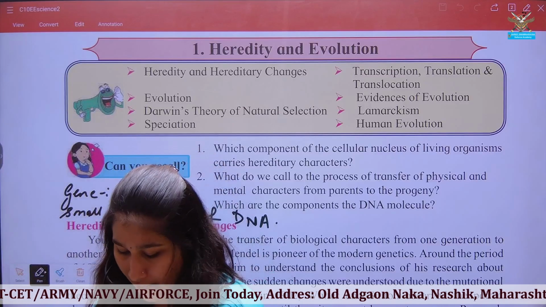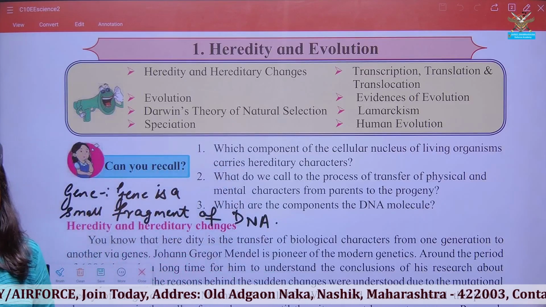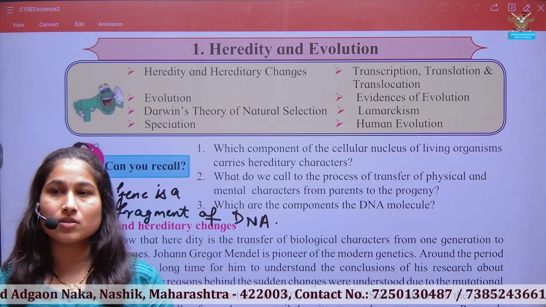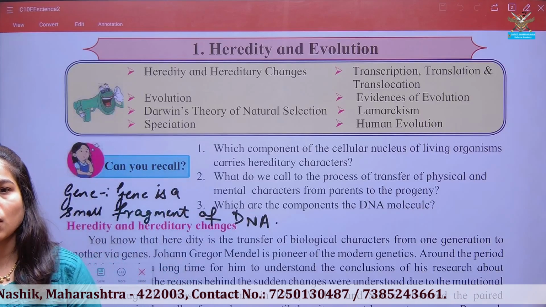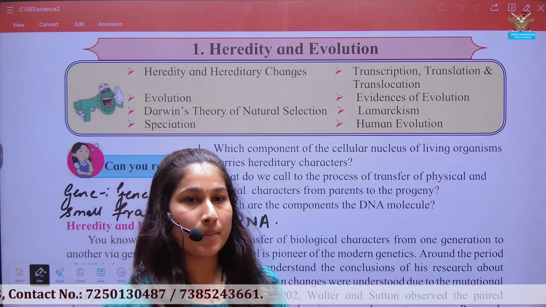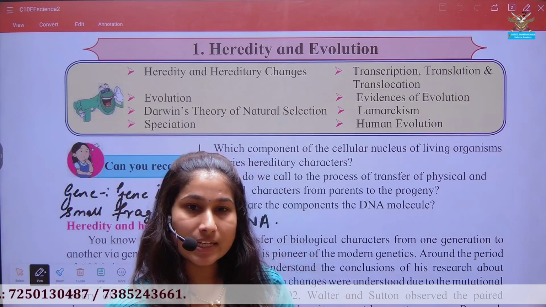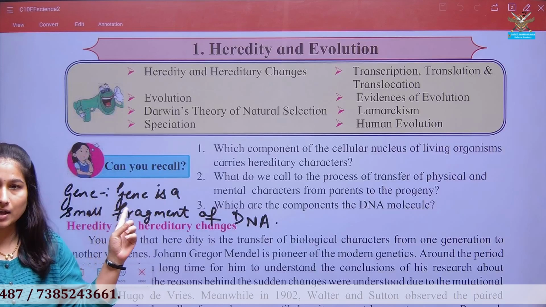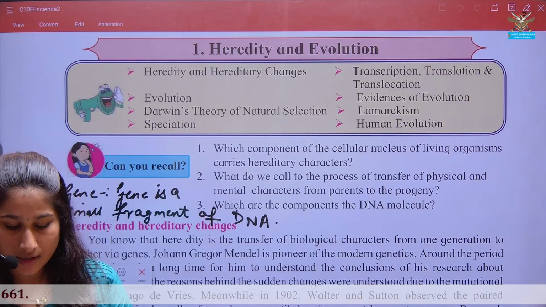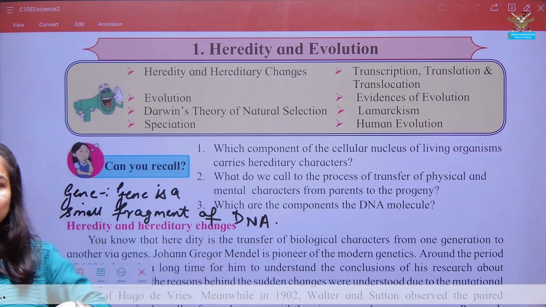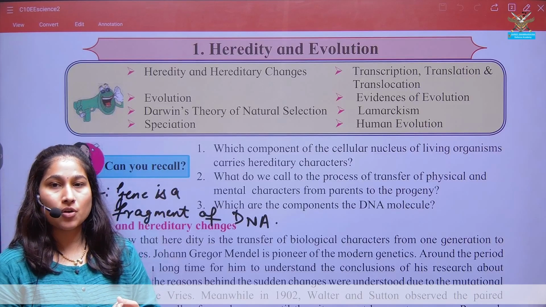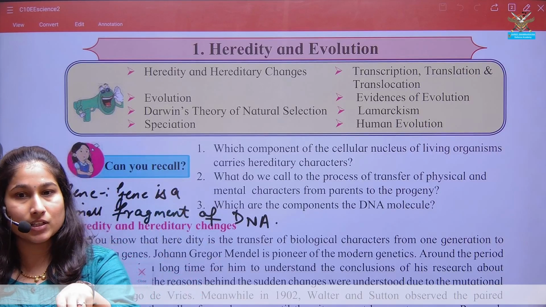parents to offspring, right? You are not a Xerox copy of your father or your mother as it is. You have some characters of your father and some characters of your mother. How did this permutation and combination come into you? These permutations and combinations are due to the genes, which carry your genetic information. When a new embryo or new individual is formed, this genetic information is mixed and matched, and a new combination of characters along with your parents' is seen in you.